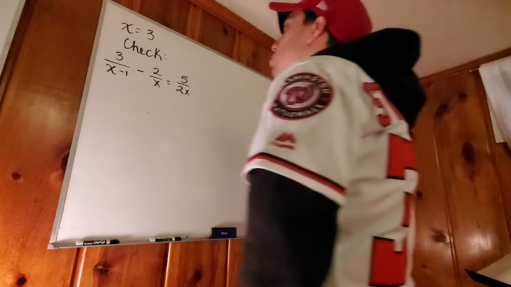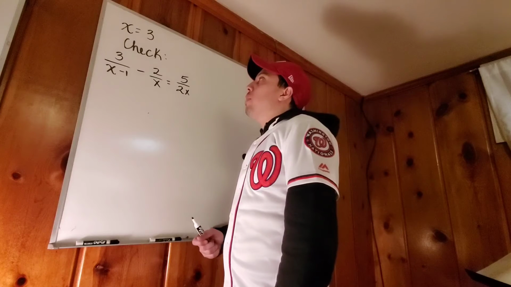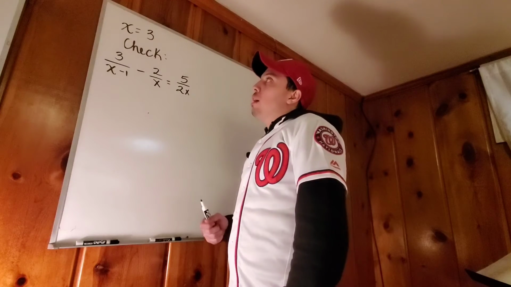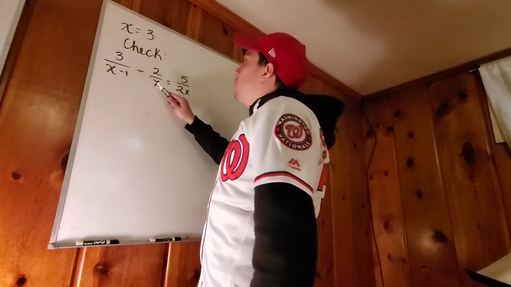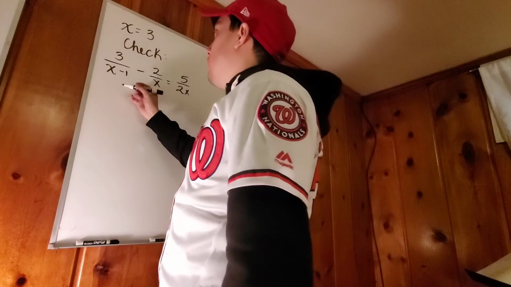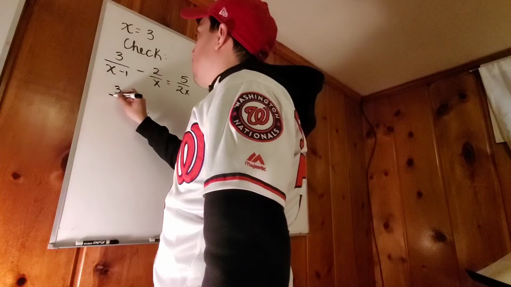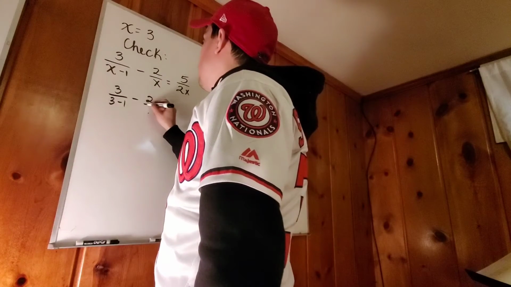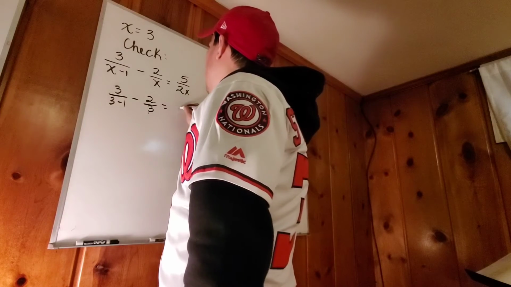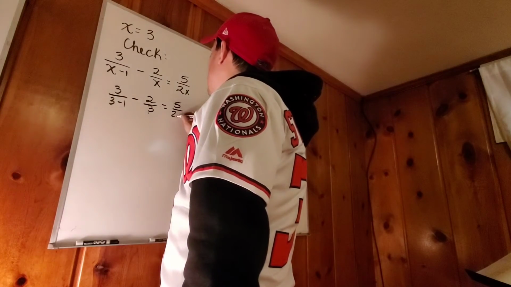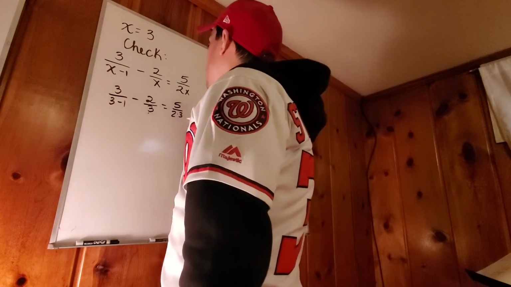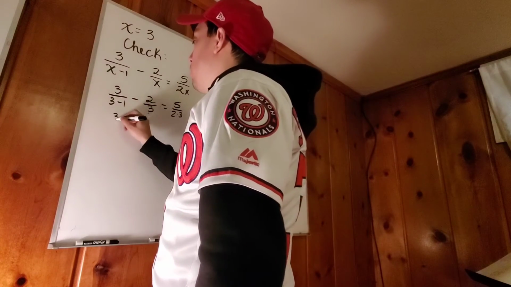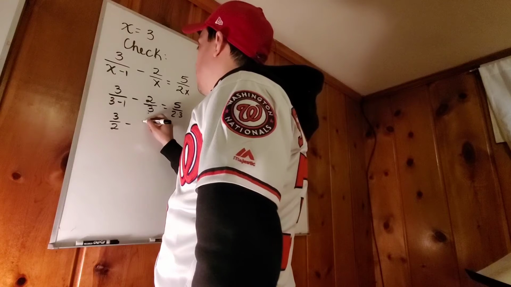All right, it's checking time. So now that we have the check time, what we're going to do is put the 3 where the x is and see if that matches. So 3 over 3 minus 1 minus 2 over 3 equals 5 times 2 times 3 over 2 times 3. So 3 over 3 minus 1 is going to be 3 halves minus 2/3